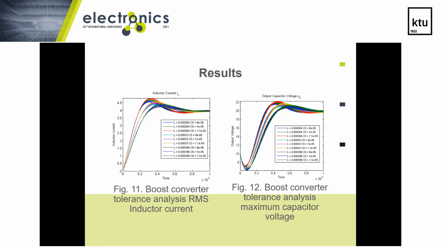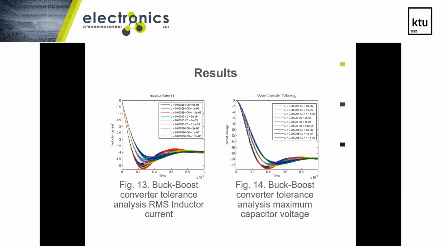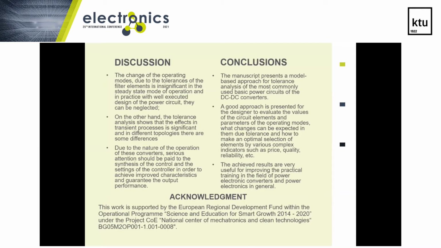And lastly, for the buck-boost converter, of course, the output voltage is inverted because this is an inverting topology. I can summarize the results with the following statements. The change of the operating mode due to the tolerances of the filter elements is insignificant in steady state mode,